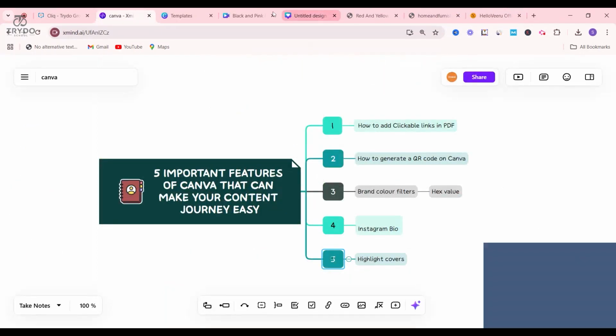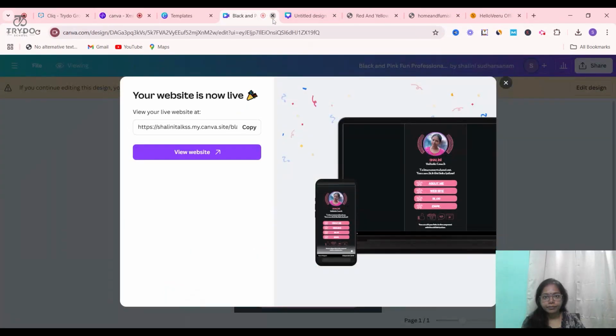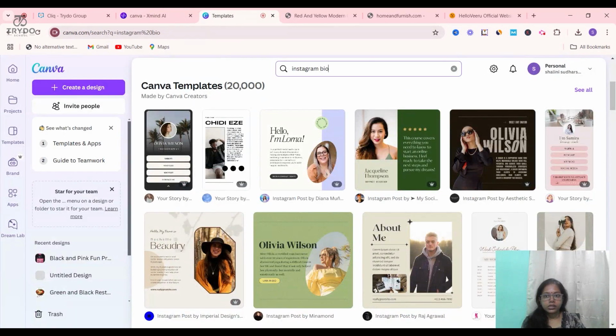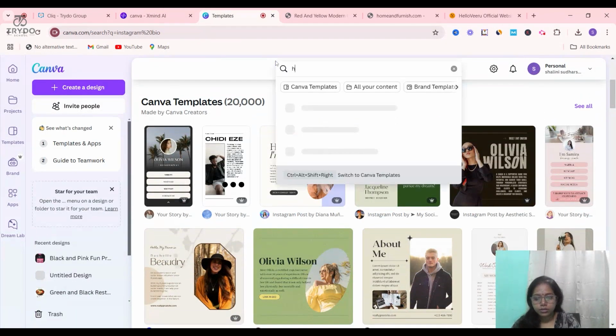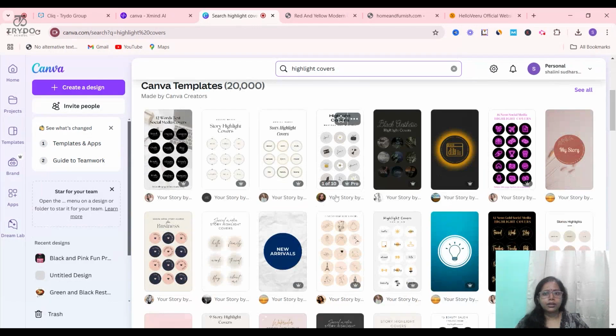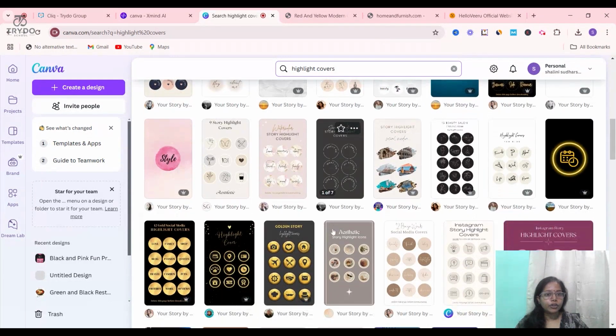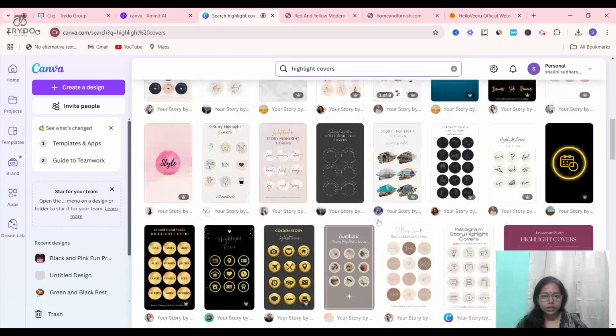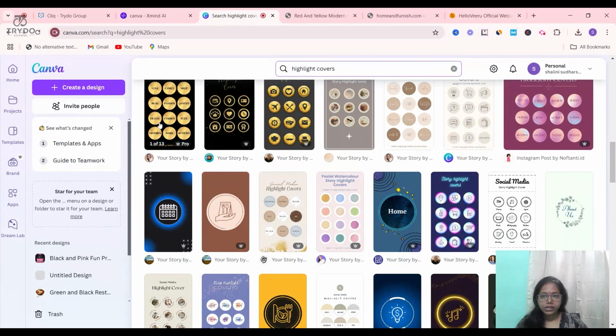So come back to Canva. You can search for highlight covers. Can you see how many highlight covers are there? It's better to filter them out. This is pretty good.